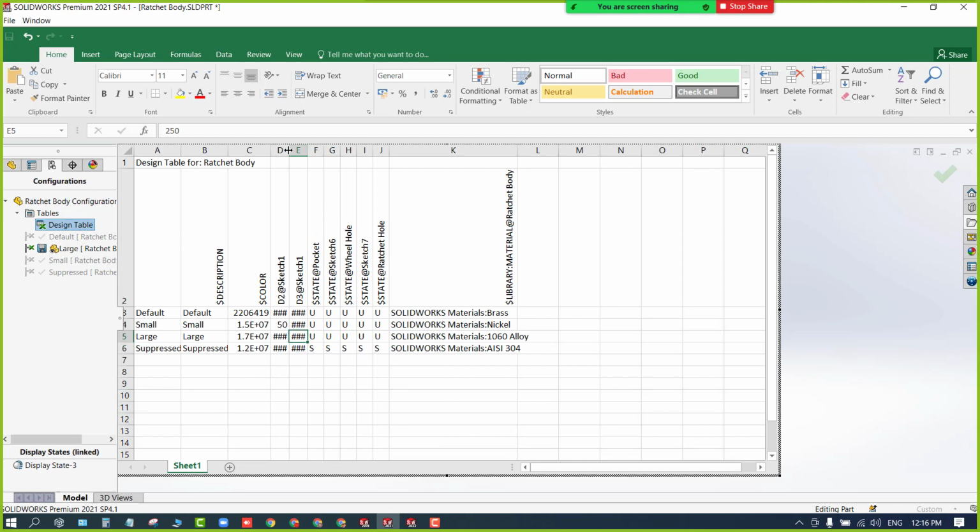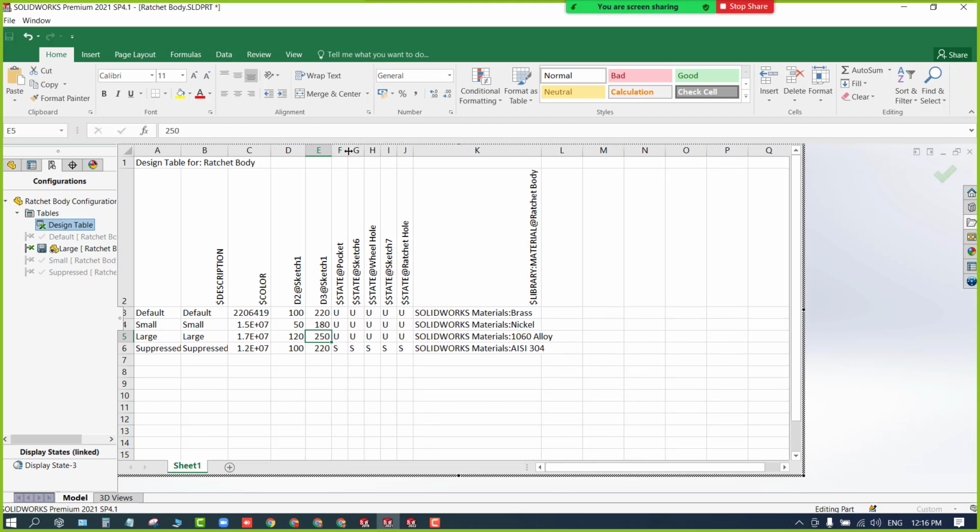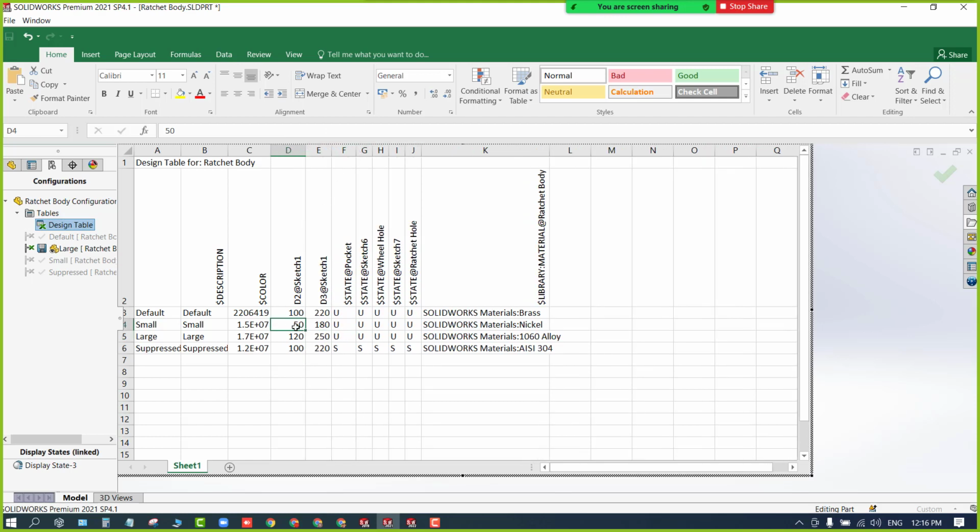These are the values. You can use the dragger to have a proper visualization here. So I'll change the dimension here to 100 again. I'll make it 220, and here also I'll make it 100. So as default I'll make it.